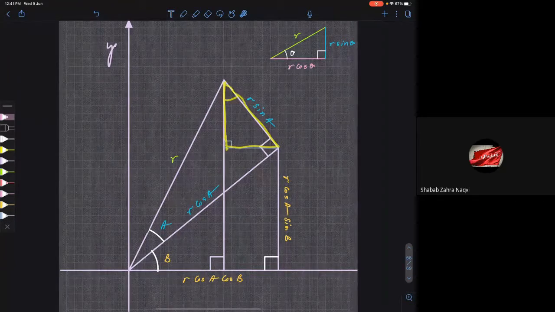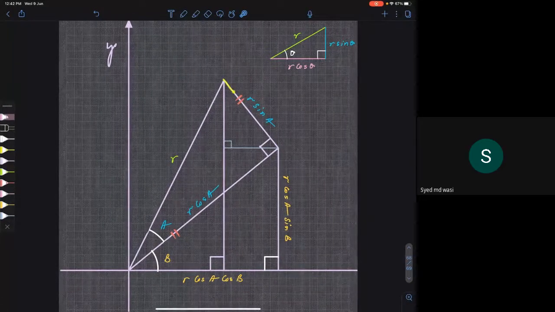Now the question is, what is this angle? For that, look carefully here. Angle B: this side is perpendicular to that side. Can you see it? So basically, these two sides are perpendicular, and these two sides are also perpendicular, because there is 90 degrees here. So let me mention that these two sides are perpendicular.